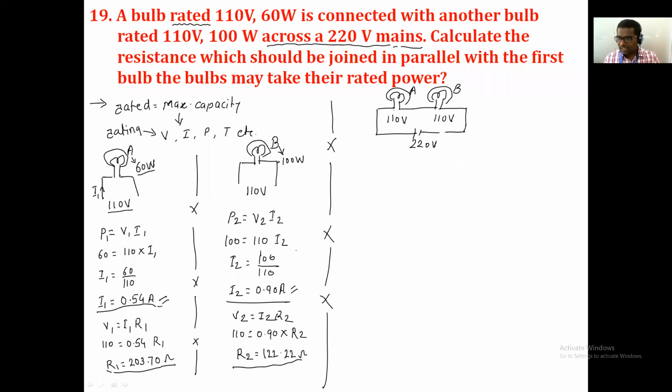But what is our series circuit property? The same current will flow through it. Now how much current should flow through that circuit? This is the question. Get my point? We know that we cannot connect equipment with different current ratings in series. And the problem here is that the requirement of both the bulbs is different. Then how can one fulfill the requirement of current and also the requirement of voltage, and connect them in series?